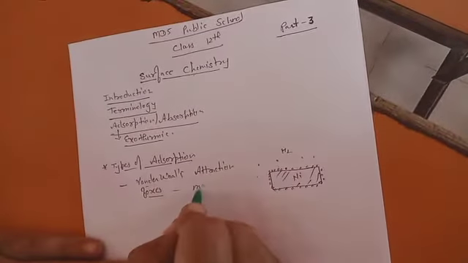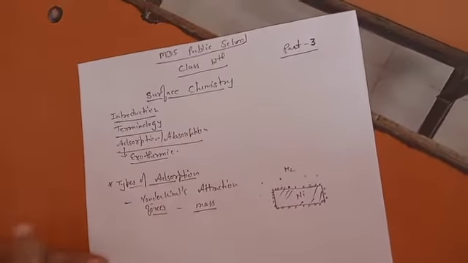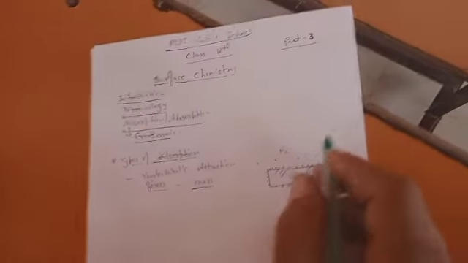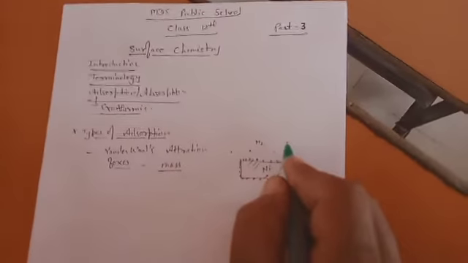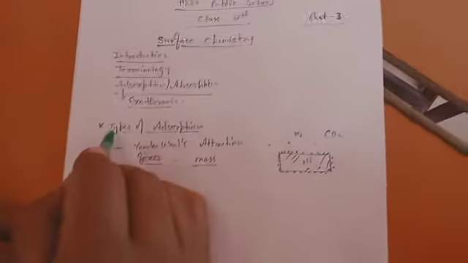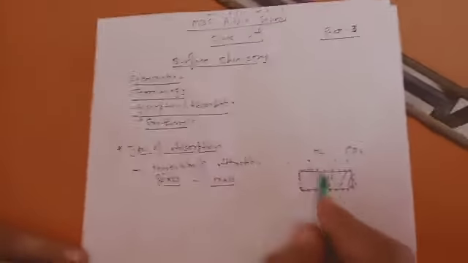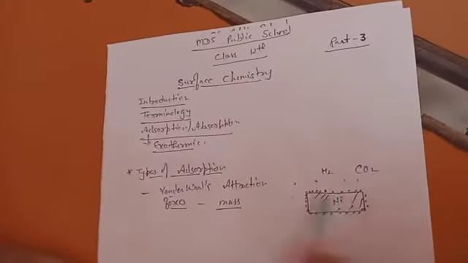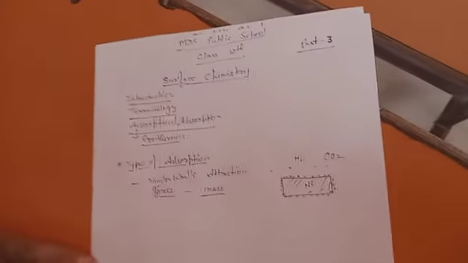They depend on the mass of the molecule. The higher the mass, the higher the van der Waals attraction force. So if you take another gas like CO2, which has more mass, it will adsorb more readily. There are two particular methods by which adsorption happens. In the first case, hydrogen adsorbs on the basis of van der Waals attraction forces.